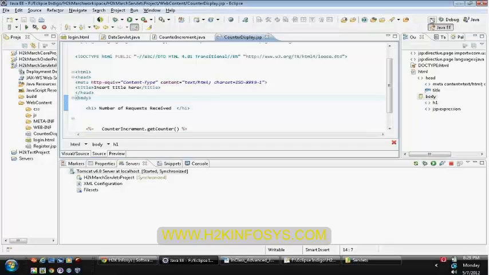Let us go and execute our HTML file one more time. Whenever you make any changes to your web.xml, you should redeploy your application, which means it restarts the server and deploys the application once again.